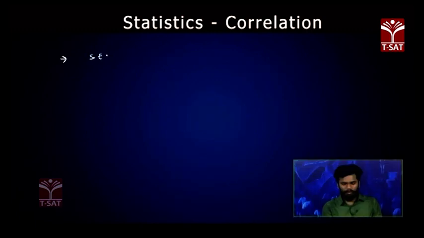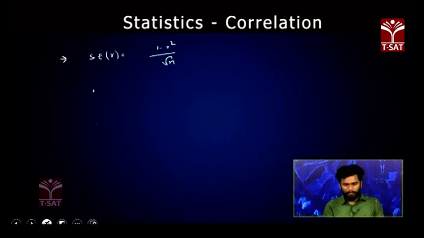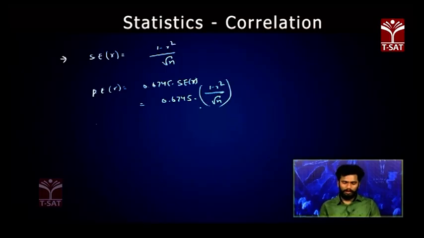Standard error of correlation coefficient r is given by 1 minus r square by root n. The formula is important, just remember the formula. And the probable error of r is given by 0.6745 into the standard error of r, which will be equal to 0.6745 into 1 minus r square by root n, which is very, very important. You have to remember both formulas. Now this probable error of r is used to find the reliability